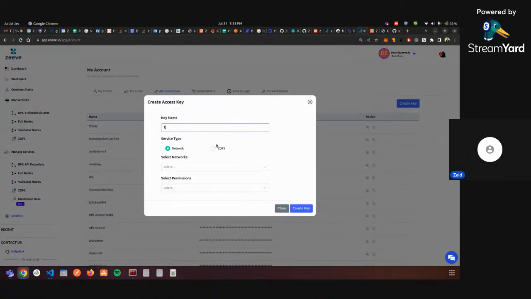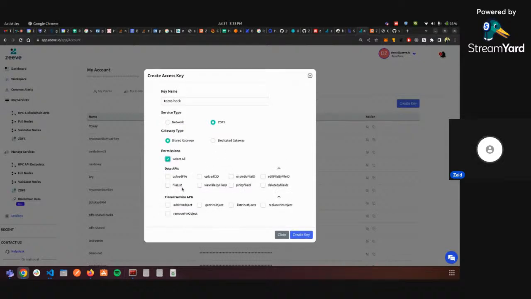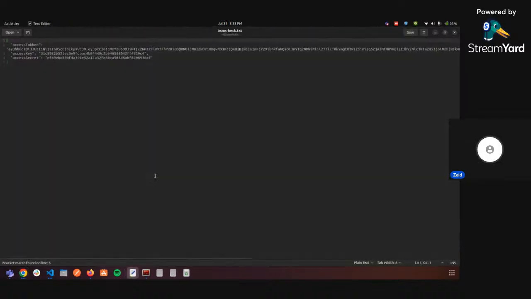I'm just giving all the permissions. You can even control the permissions. Suppose you are creating access for a colleague or teammate and you want only read operations, or delete operations, you can control the permissions around it. As soon as you create it, you'll have all the things: access key, secret, and the access token. You can download it so that we can utilize it in our